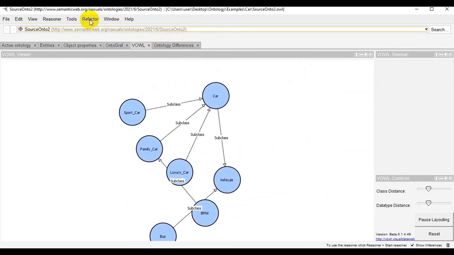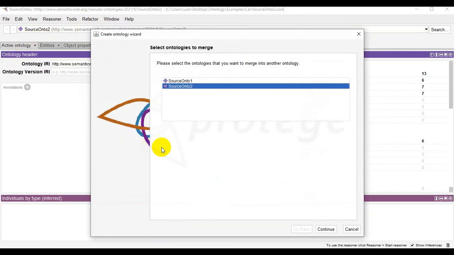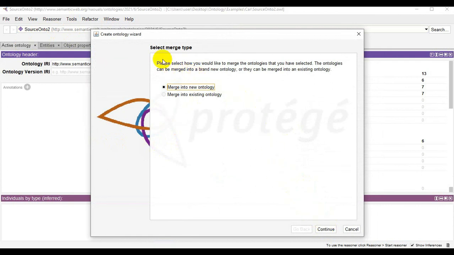Then we will go to the Refactor tab, Merge ontologies, and we will select them both in order to merge them. Press continue. Here we will select the merge type, and I always prefer to merge them into a new one so I can keep the source ontologies.